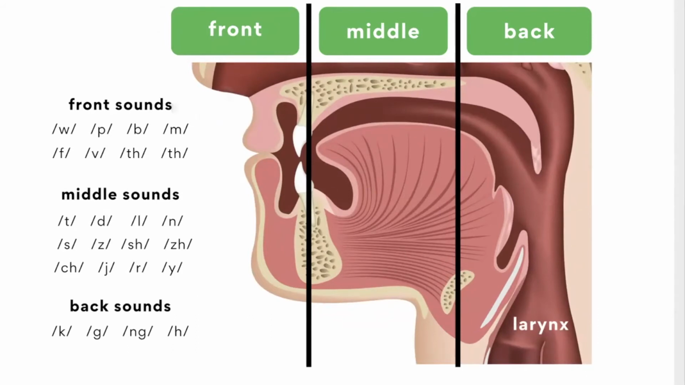The middle sounds, there's 12. T, d, l, n, s, z, sh, j, ch, j, y. And the back sounds, there's 4. K, g, and right down low. I'm calling that a back sound because it's sort of back and down. We'll do the back sounds again. K, g,